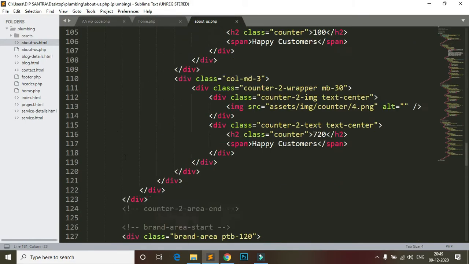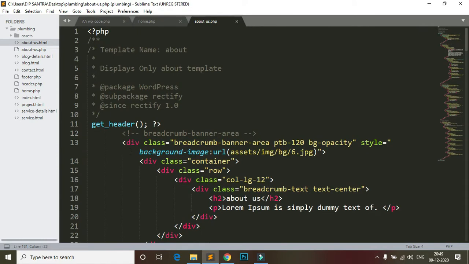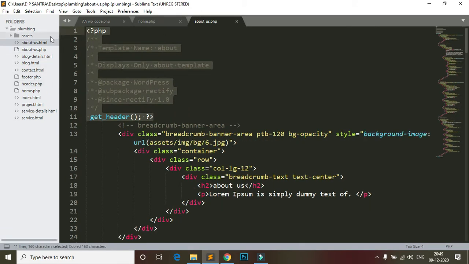So this way I convert all pages. Okay, so this is the about page also complete.